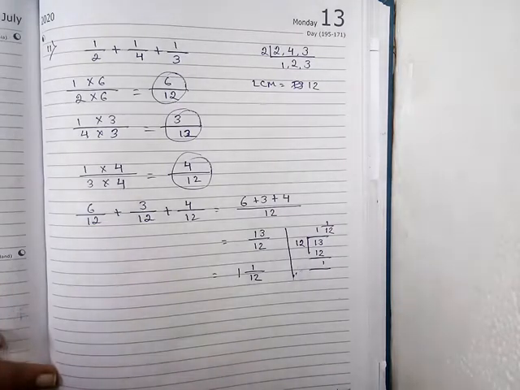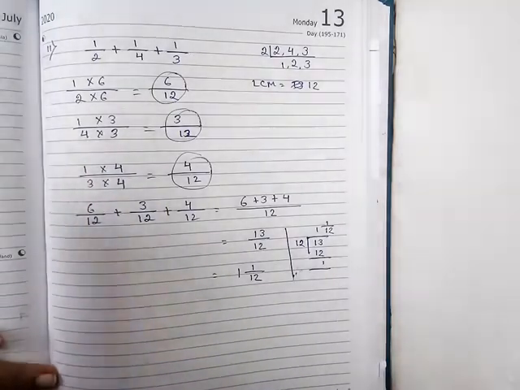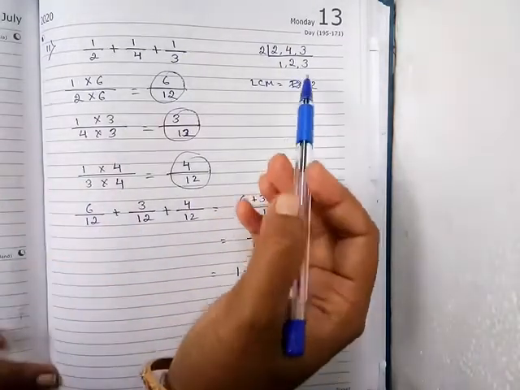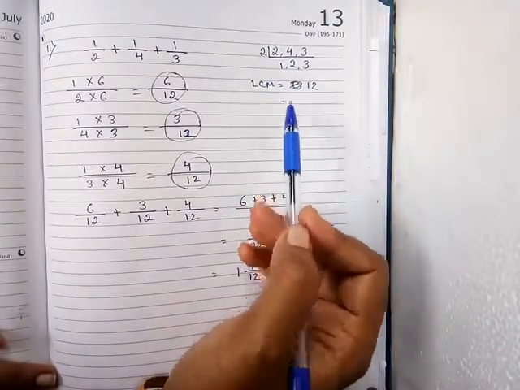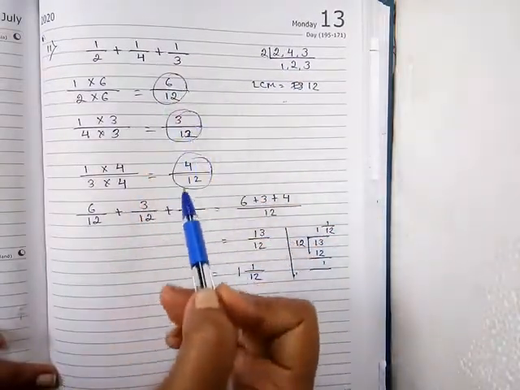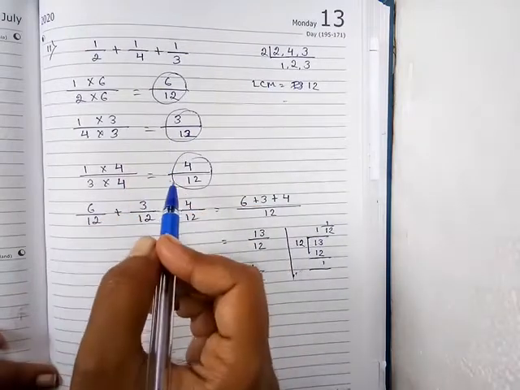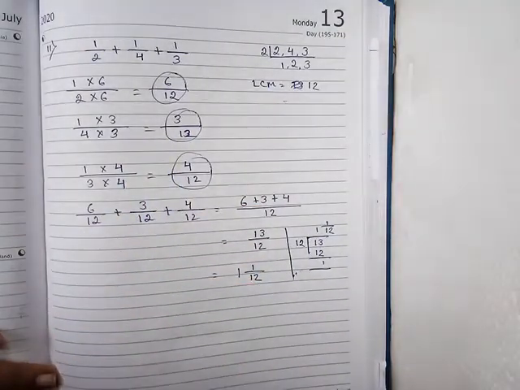So that means when we are adding or subtracting two fractions or three fractions, first we will check if denominators are same, then it is fine. If denominators are different, first we find the LCM. After that we will find new fractions whose denominators are equal, then we will add that fractions.